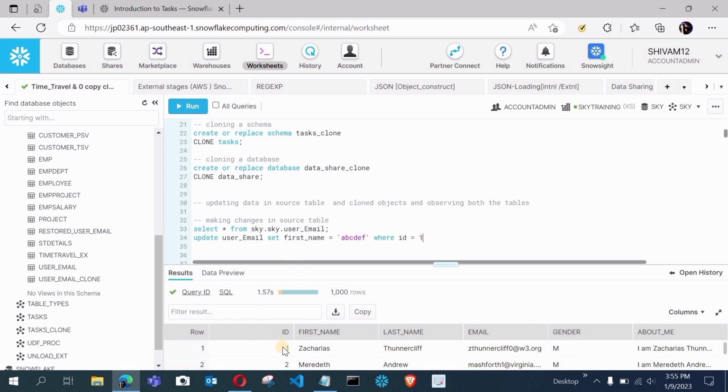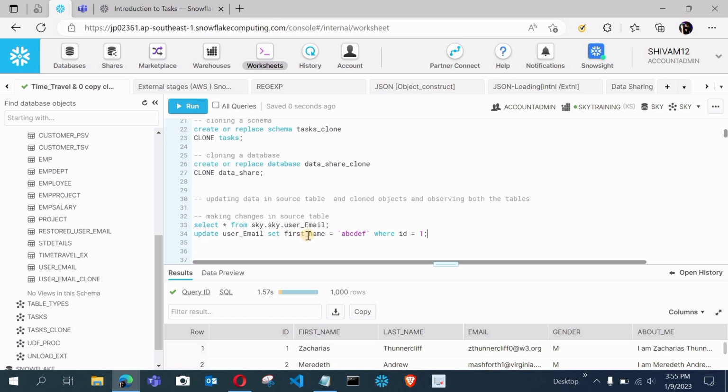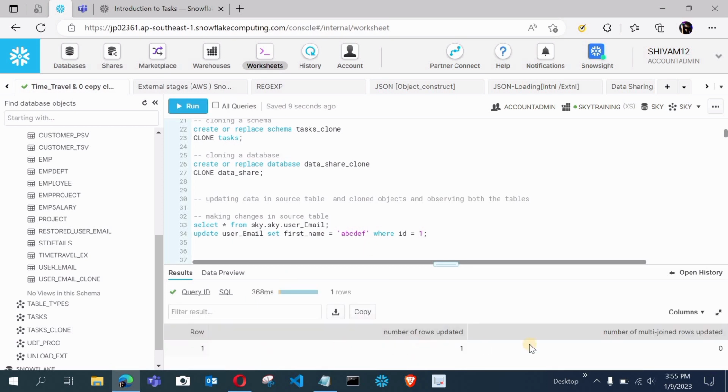We are putting the where condition. So this is update user email, and we are just updating this name Zacharias where user ID is 1. Now let me execute this. You can see one row is now successfully updated.